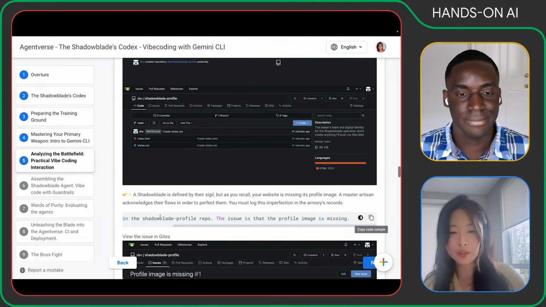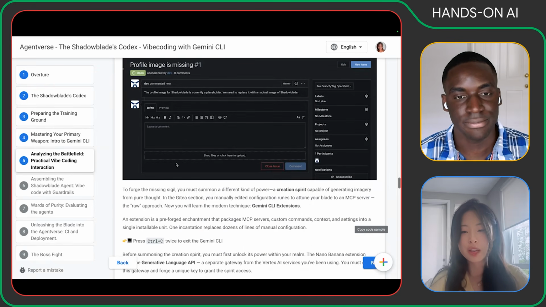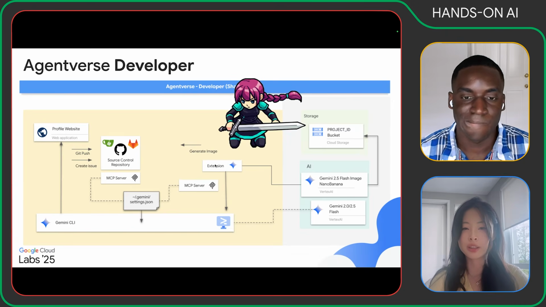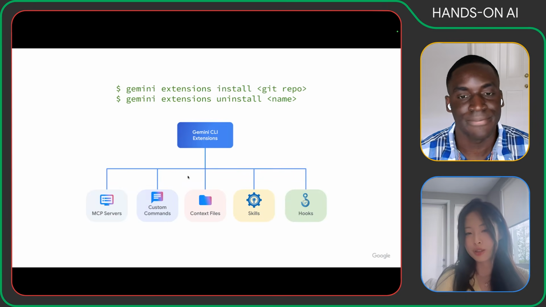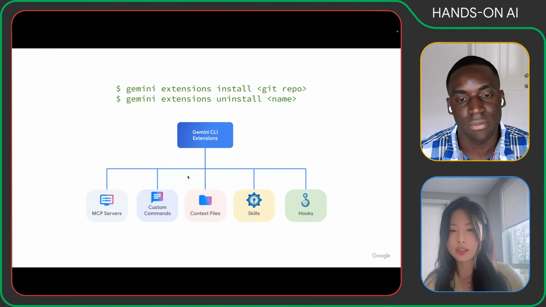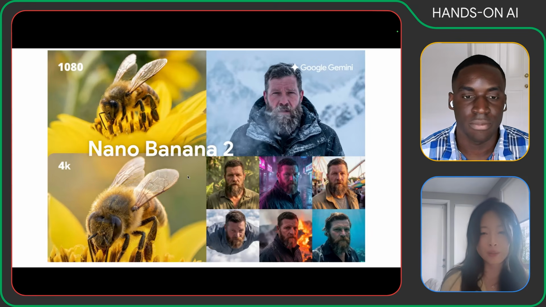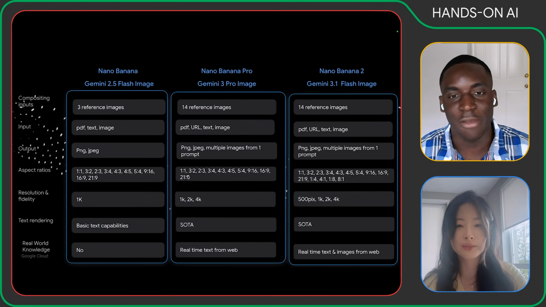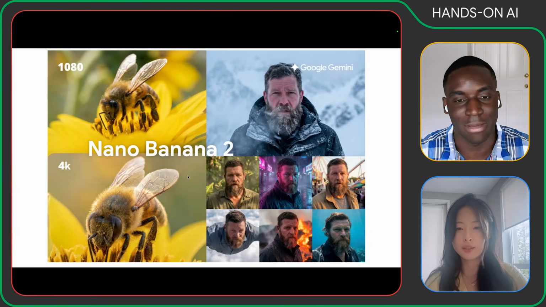And next, we want to eventually create our image with the Nano Banana model. So here we are using a Gemini CLI extension, like I explained earlier, this is what a Gemini CLI extension is. And here we are connecting an extension that connects to our Nano Banana model. Why don't you explain a bit of what the Nano Banana model is and what the differences between the different Nano Banana models are? Oh yeah, so Nano Banana is a text to image generation model that's extremely high touch and high